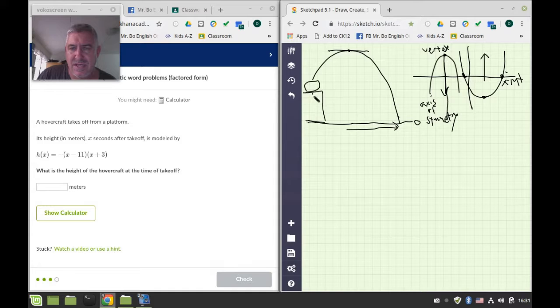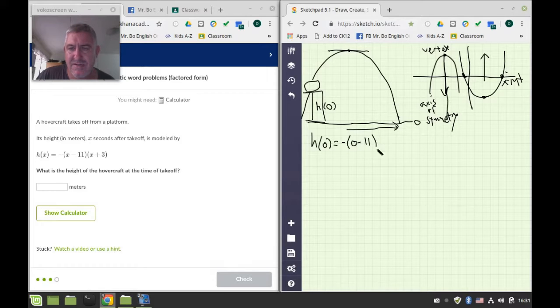So this is the height, h of 0. So at 0 time, what is the height? And if we continue our parabola down here, it goes into negative 1 time, but we're not interested in that. So we're going to find h of 0. So h of 0, at the time of takeoff, is equal to